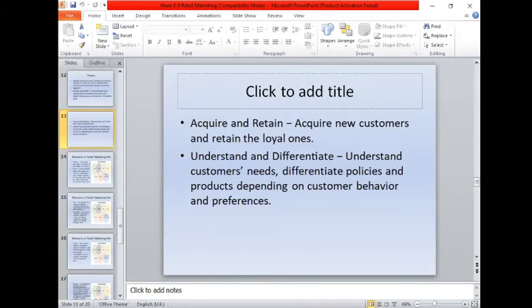to our retail business. Understand and differentiate, because customers have different needs. That's why we should understand the different customer needs in order to differentiate the retail store policies and products, which will depend on the consumer behavior and also the preference of the customers. Yes, because if we do not identify the customer preference in your store, the product that you should offer, then we could not differentiate